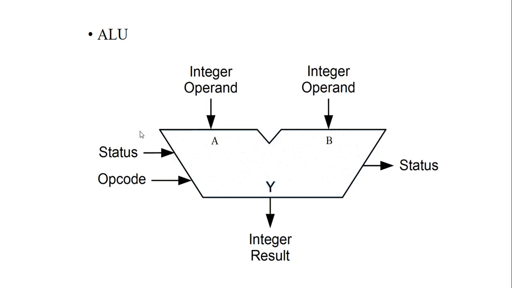We also call these instructions. The status, here you can see the incoming status and outgoing status. Incoming status is any previous status. Status is basically the flags: carry, borrow, negative, overflow. If it comes from the previous execution, it gets added into your current execution, and the status of the current execution is added into the next result. Then the integer result will be stored in a memory location, or displayed outside on a board.